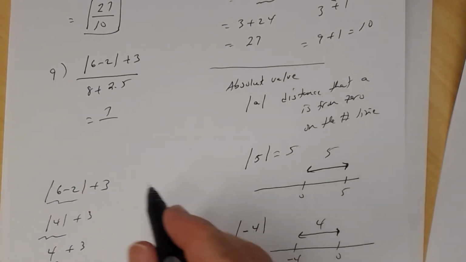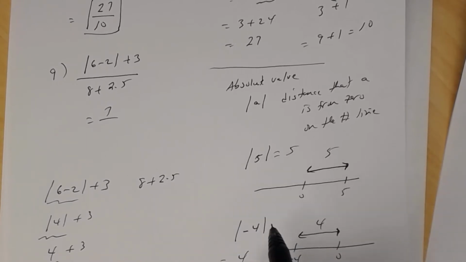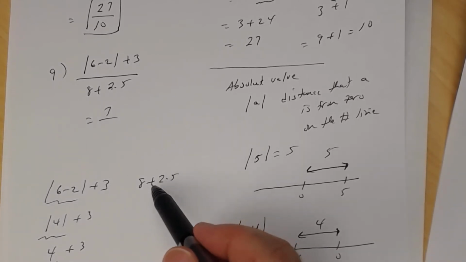Okay, let's talk about the denominator. So I'm going to write the denominator right here. So 8 plus 2 times 5. That's my denominator. Well, according to the order of operations, now notice the operations here, I have 2 of them,